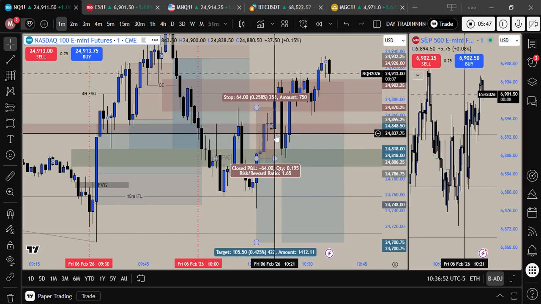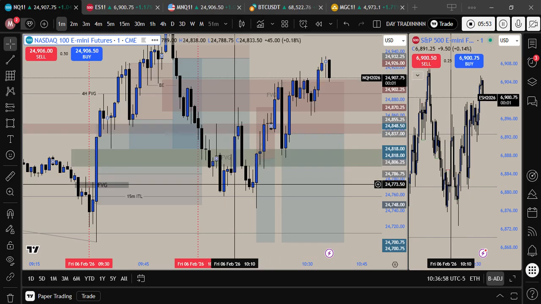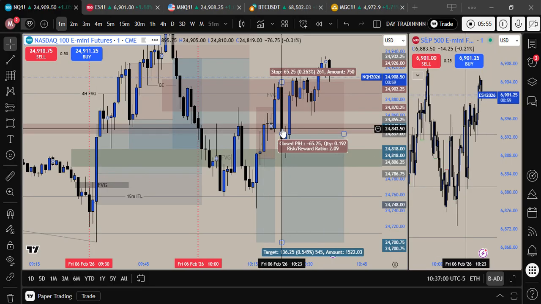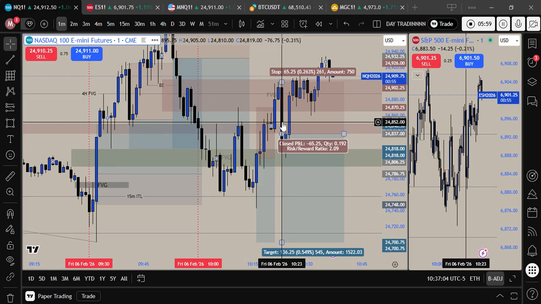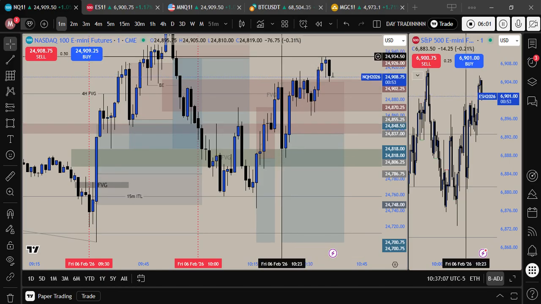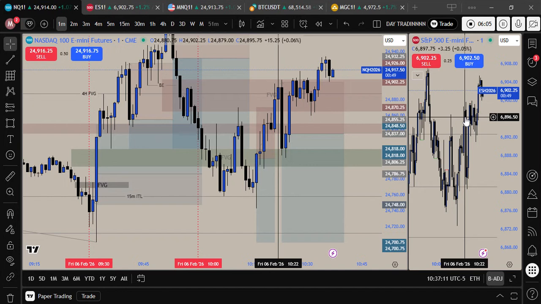So this is a break even. Once it gets hit straight away, I'm probably not taking it. So this was a break even trade. This is not even a valid entry. But I still wanted to see if those played out, right? So those were the trades I took, and my executions